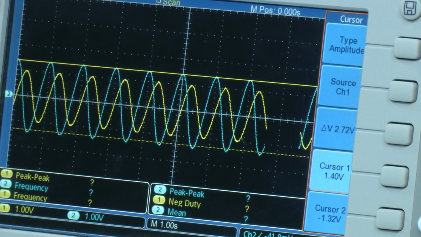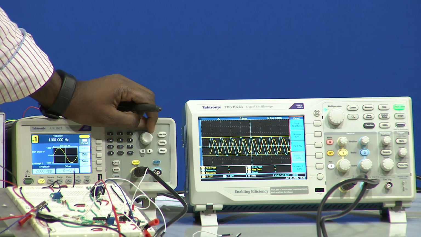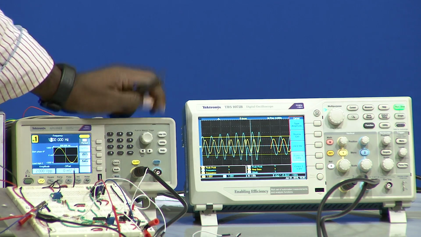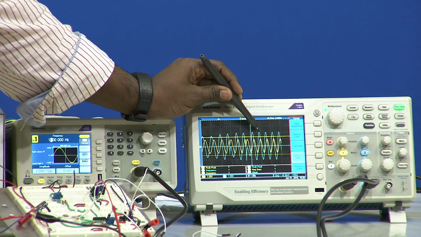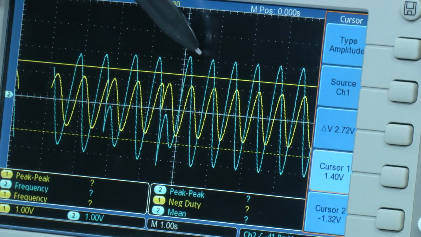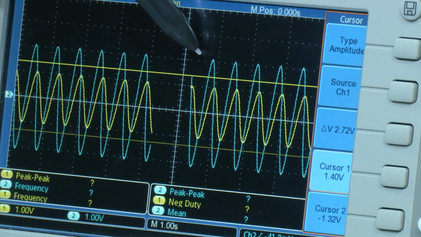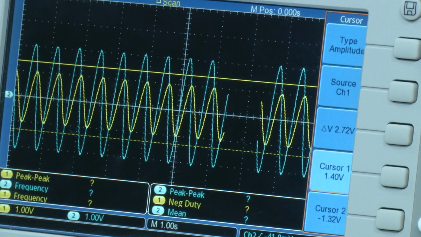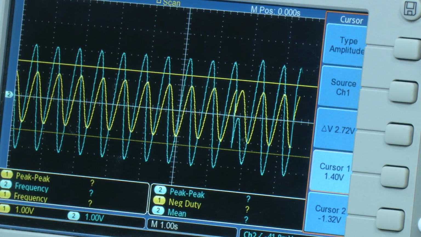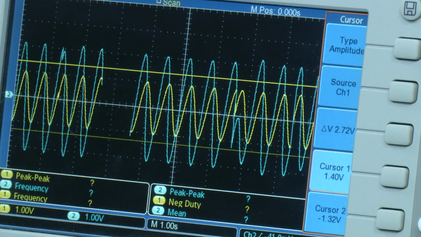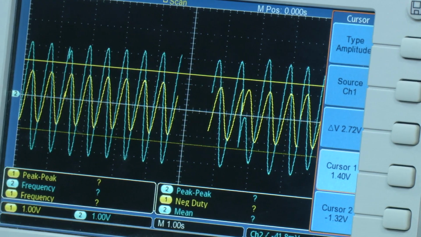Now I will slowly increase, let me see what the change will be. 1.4 hertz right now, 1.5. Now when it is at 1.5 hertz and you zoom in, the gain is higher than 2. That is what we observed in our simulation too. Increase to 6, even higher, 7 higher, and 8 even higher.